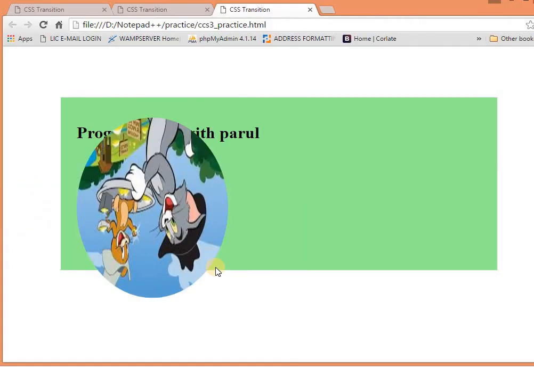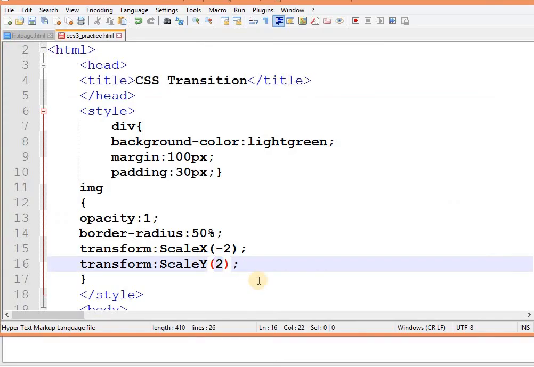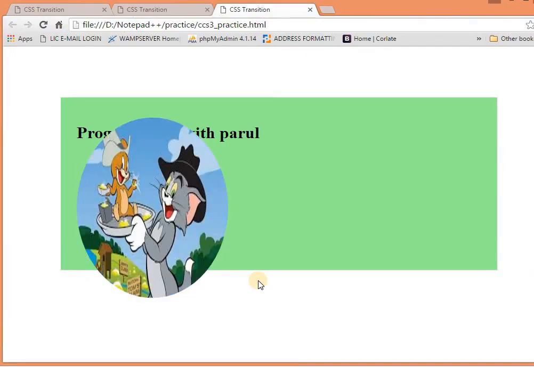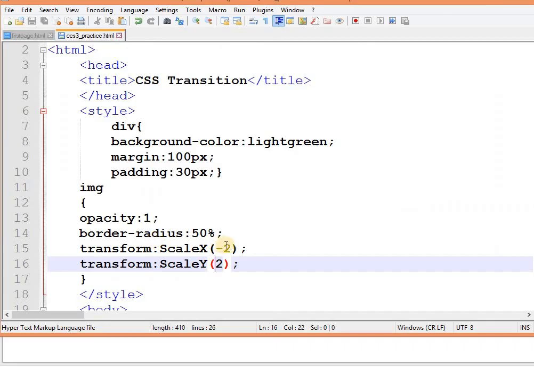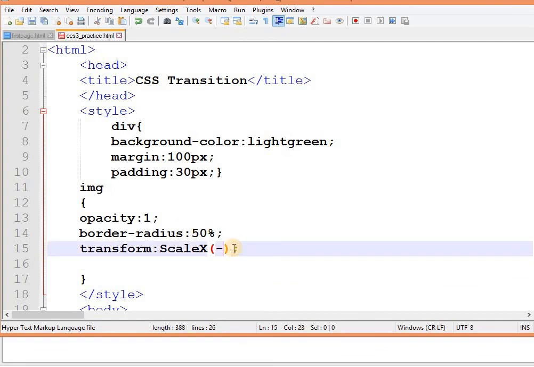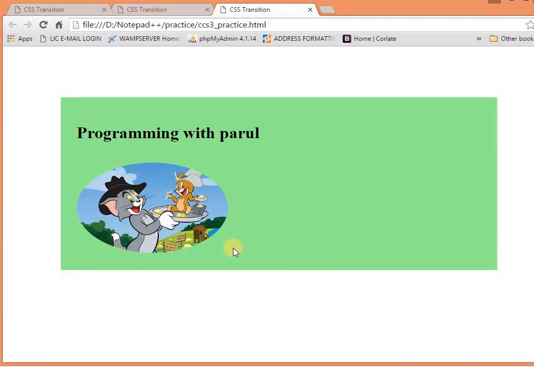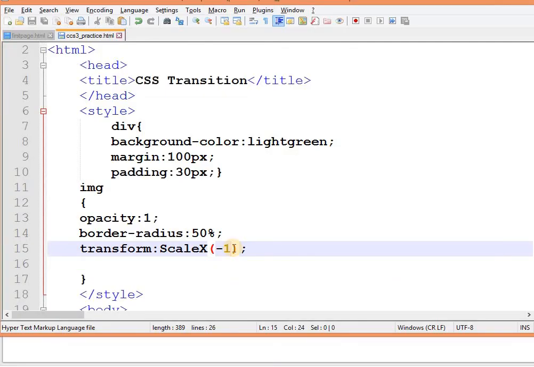This is how it is, just a reflection in terms of the Y direction. Now if I don't want to apply scaling but I want its reflection, then only like that. So this is how you can style your image. Bye bye, keep practicing.